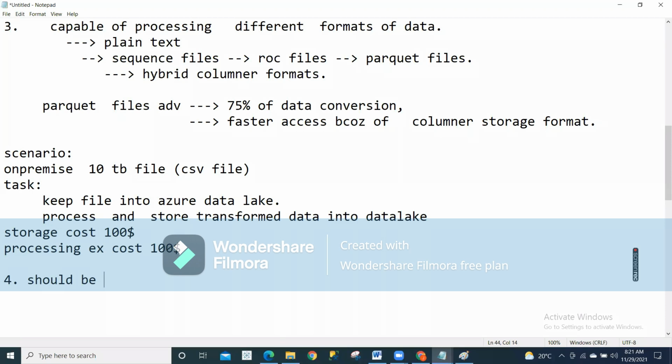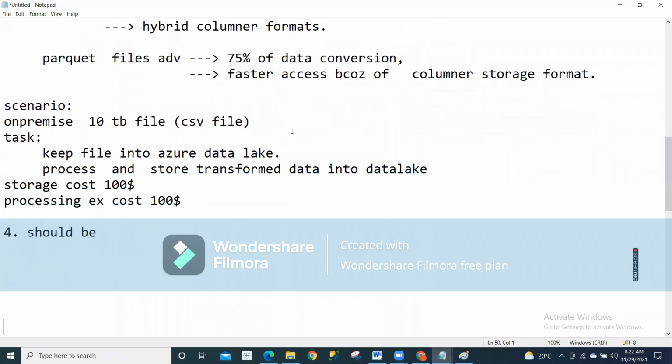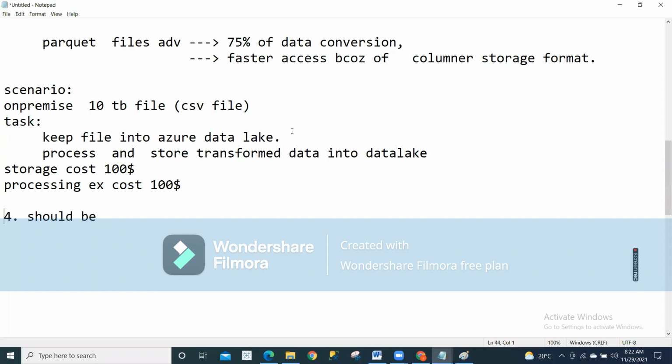That too, with Parquet compression, I'm getting two advantages. What are those two advantages? With 75% data compression, storage cost will be reduced for me. That is super fast, so processing cost will also be reduced. Got it? Okay. Next, the fourth important skill should be